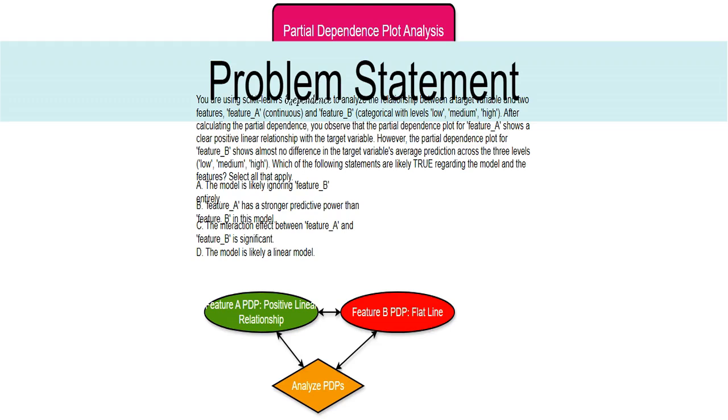I'm looking at a machine learning problem where we're using scikit-learn's partial_dependence to understand how two features, feature_A, continuous, and feature_B, categorical with levels low, medium, high, affect a target variable. The partial dependence plot for feature_A shows a clear positive linear relationship, but the plot for feature_B is flat. This means that feature_A strongly influences the predictions, but feature_B doesn't seem to have much of